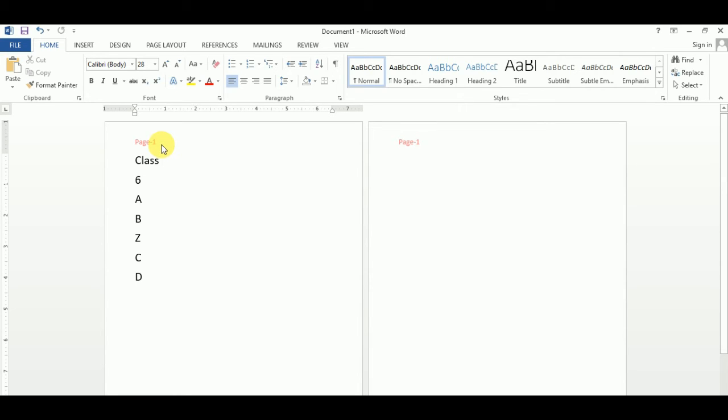Okay, so now you remember this header and footer. Next, insert a preset header or footer. Word has a variety of preset headers and footers you can use to enhance your document design and layout. In our example, we will add a preset header to our document. So you can use a preset header or footer, with the same process.